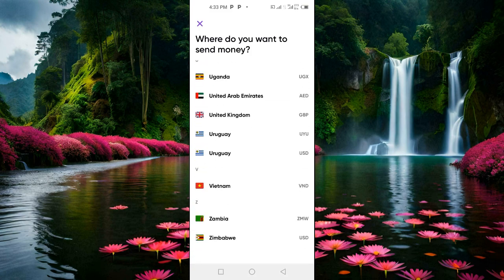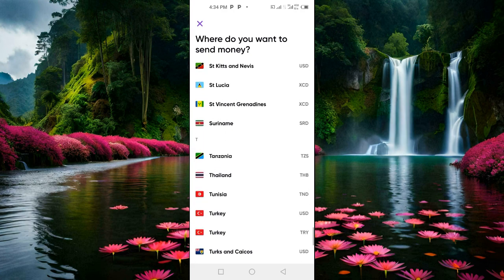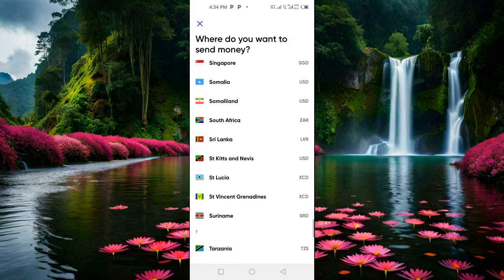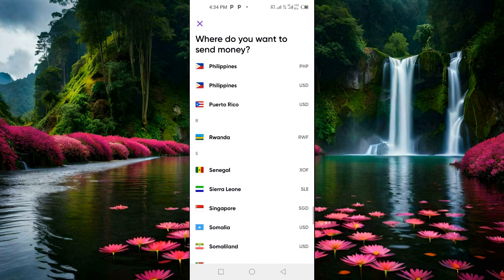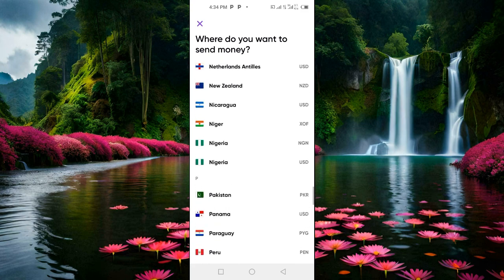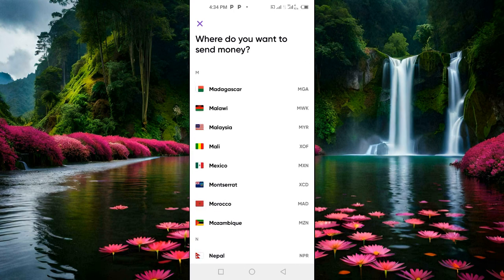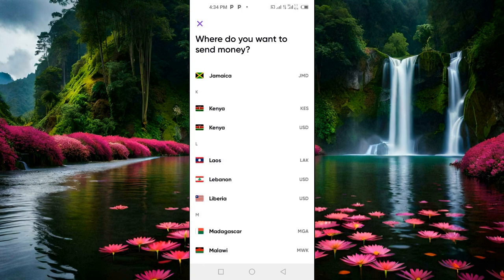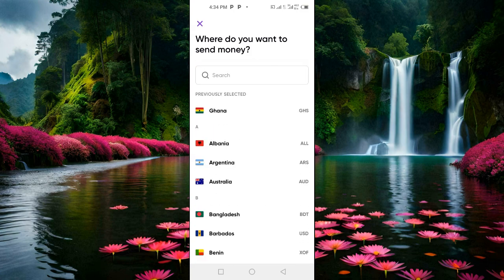We have so many countries over here. We have Zambia, Zimbabwe, Vietnam, Uruguay, United Kingdom, Uganda, Turkey, Tunisia, Thailand, Tanzania, South Africa, Somalia, Singapore, Senegal, Sierra Leone, Rwanda, Philippines, Peru, Paraguay, Pakistan, Nigeria, Niger, New Zealand, Mozambique, Morocco, Mali, Malawi, Madagascar, Kenya, Liberia, Jamaica. So you just select the country that you are sending the money to,